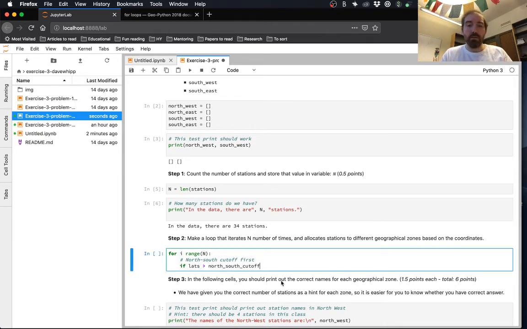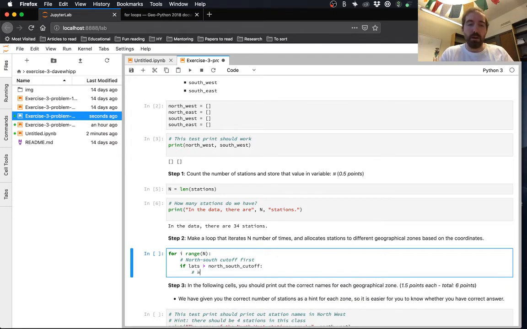If the latitude is greater than north-south cutoff, that means it's north of the cutoff line.